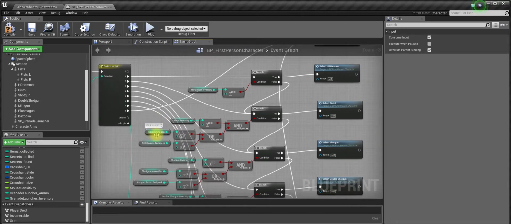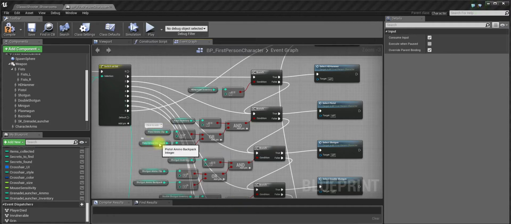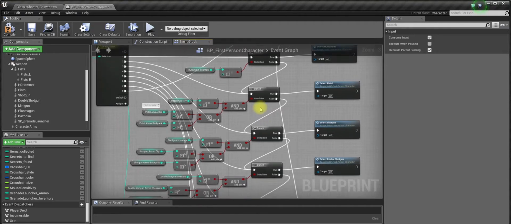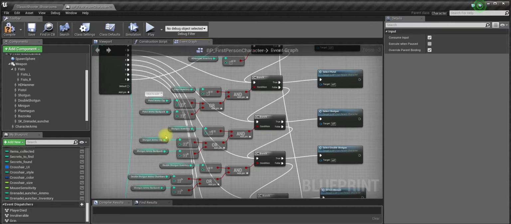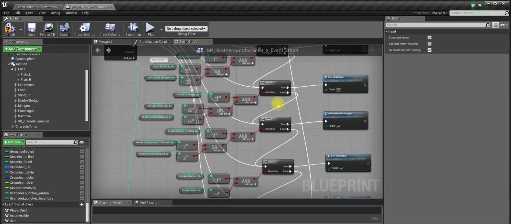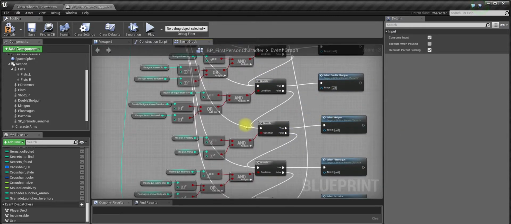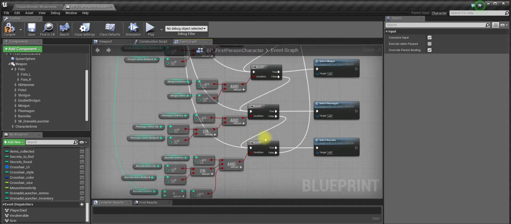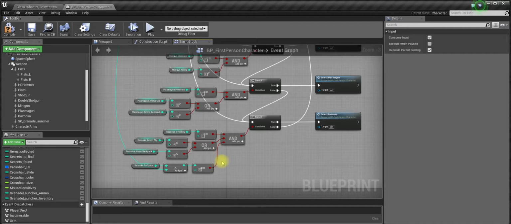Also the inventory, also pistol ammo clip, or pistol ammo in the backpack should be more than 0. So we need to have some ammo either in our clip or in our backpack to have it happen. So in the cycle, we are excluding the weapons that don't have any ammo and are useless. So next is the shotgun. Same, we need some ammo in the clip or in the backpack, and it has to be in the inventory. Same for the double shotgun and minigun, and so on,